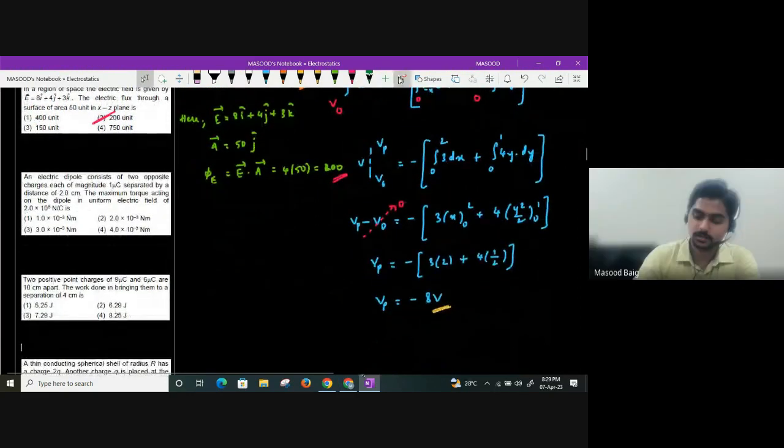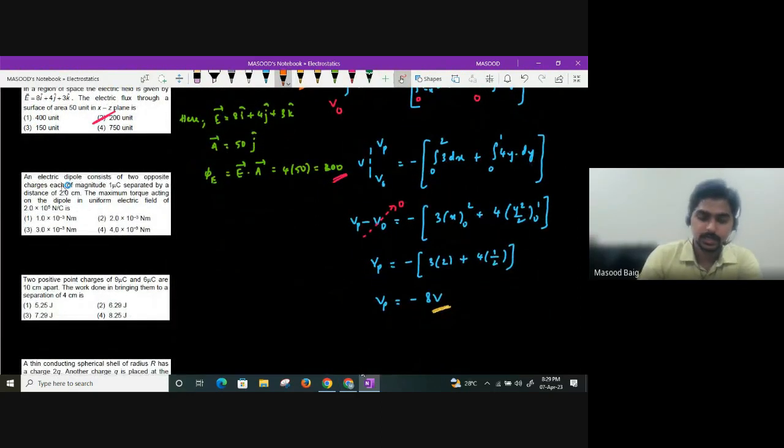Let us do the next question, guys. An electric dipole consists of two opposite charges, each of magnitude 1 microcoulomb, separated by a distance of 2 centimeters. So the separation value is given, charge value is given, maximum torque acting on the dipole in a uniform electric field. What is the maximum torque acting on the dipole, beta? If I take only the magnitude, how much is the maximum torque acting? Torque is given as P sine theta, or not? The maximum torque will be P into E, which I can write as charge times separation into electric